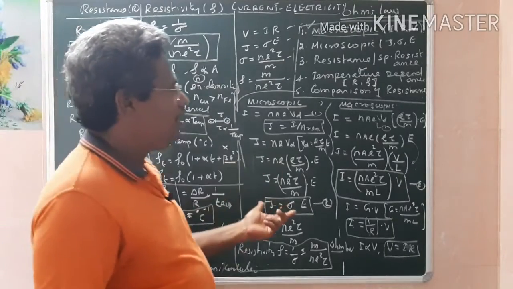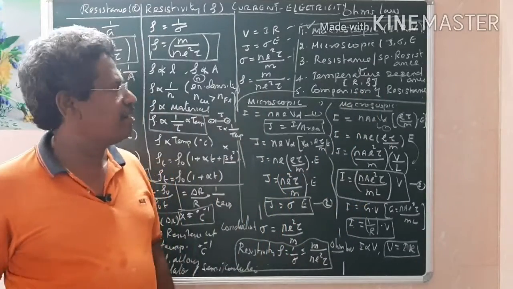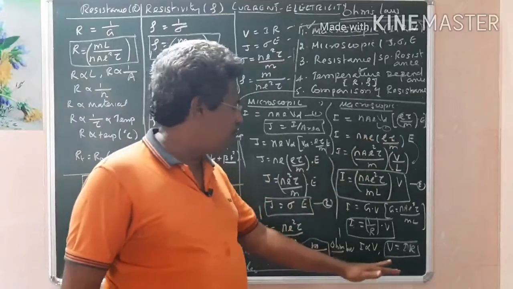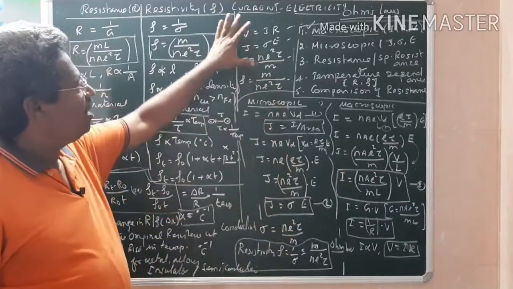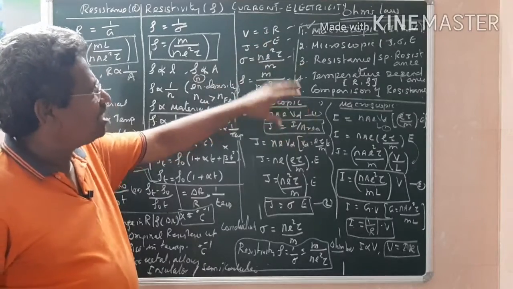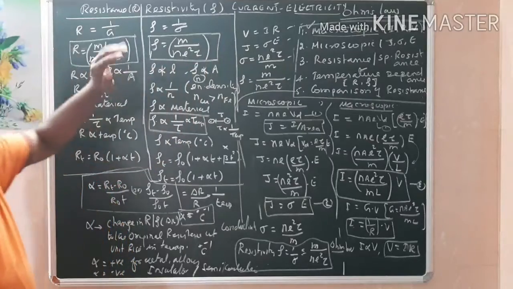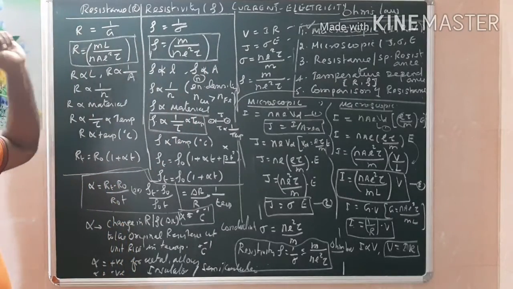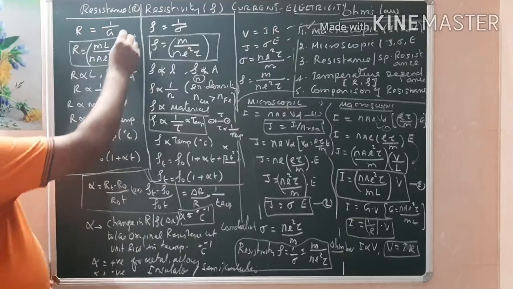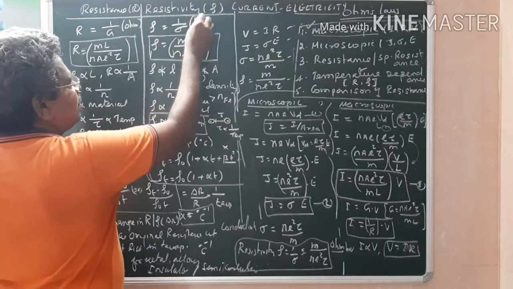One more thing I have not completed is the comparison of resistance, which we will discuss in the next class. Therefore, this is macroscopic Ohm's law, microscopic Ohm's law, and the most important terms that come under them. From this expression we come to this expression, so we should know about these terms. Then what is the major difference between resistance and specific resistance? One more point you must know: the unit of resistance is ohm and the unit of specific resistance is ohm meter.